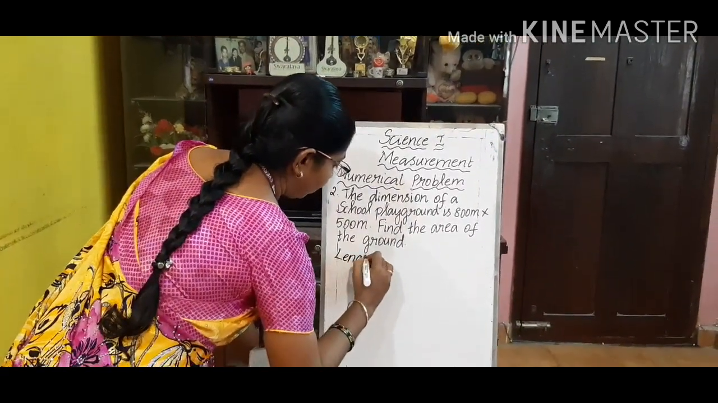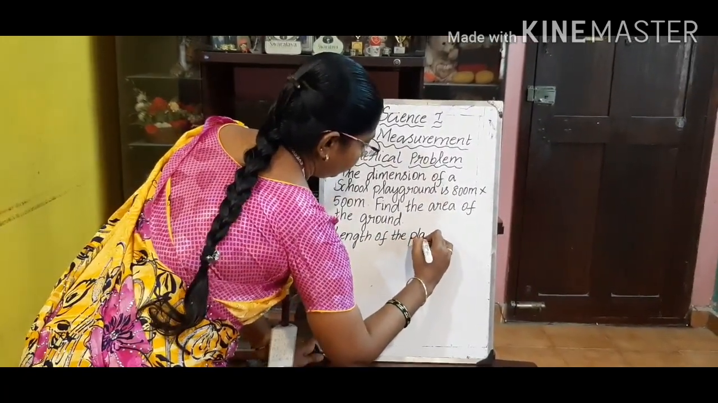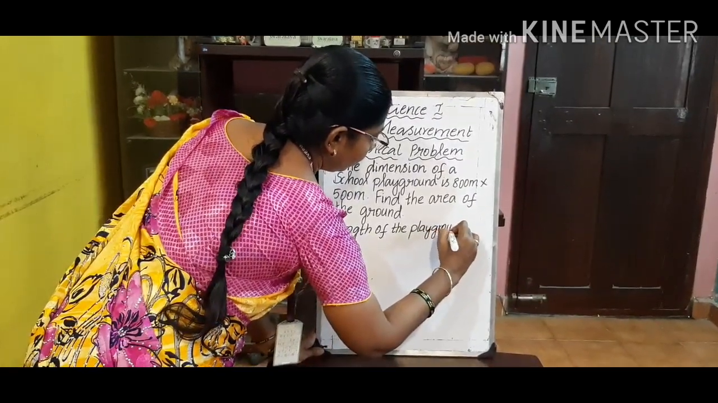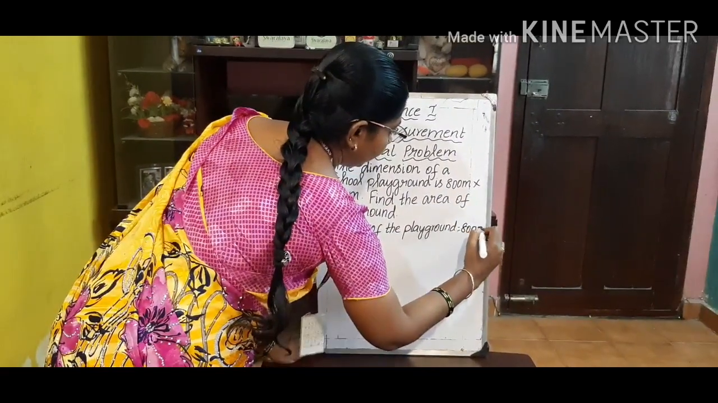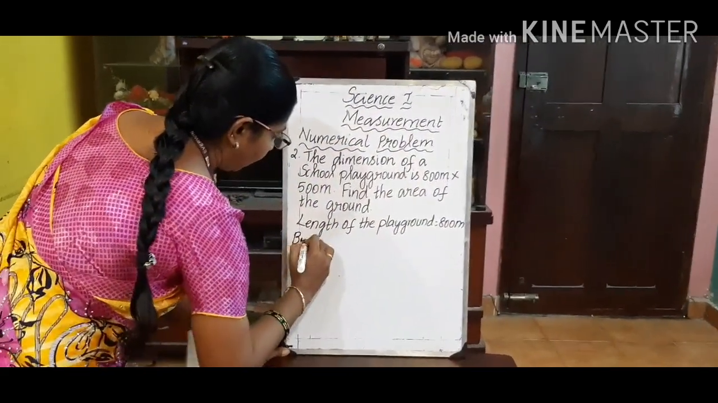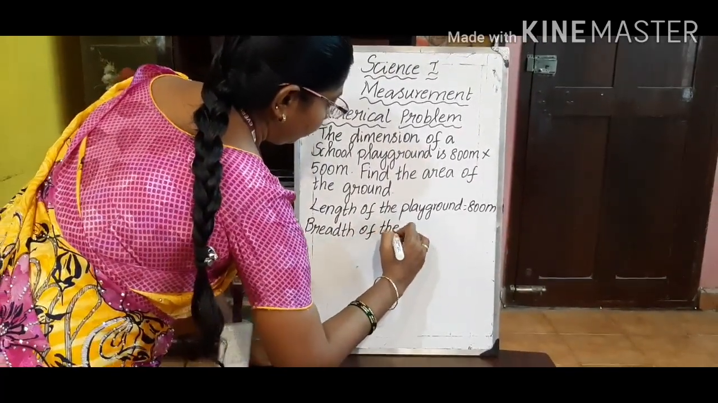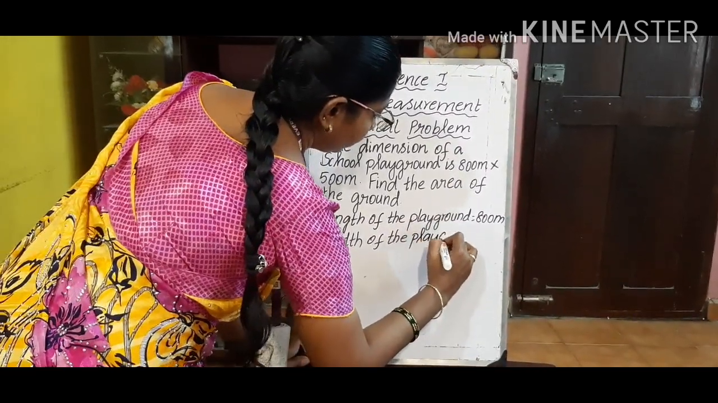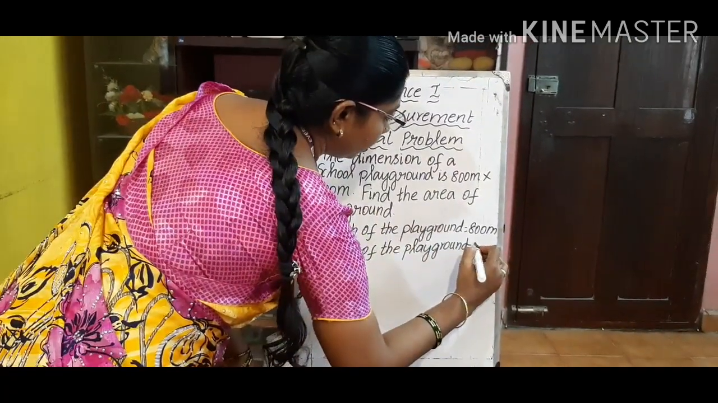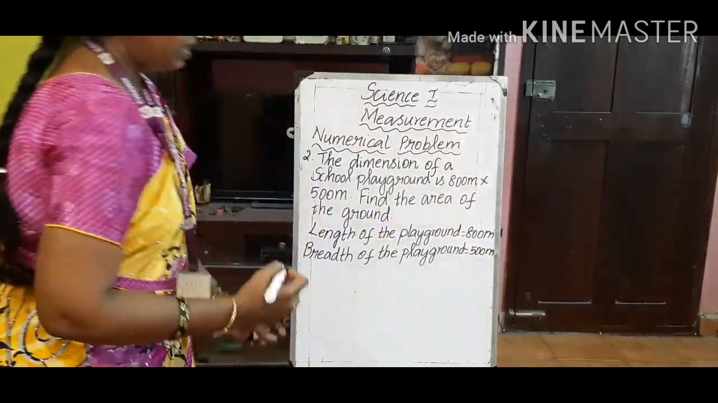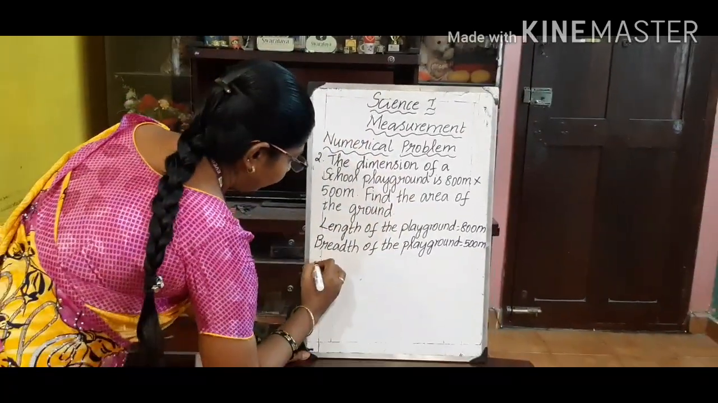Length of the playground is equal to 800 meter. Breadth of the playground is 500 meter. So since they are given length and breadth, obviously it is rectangle. So therefore